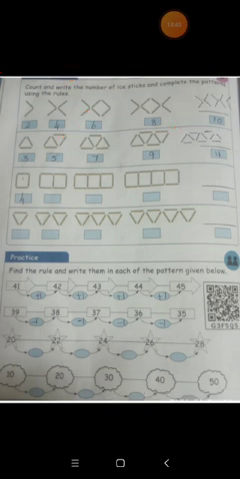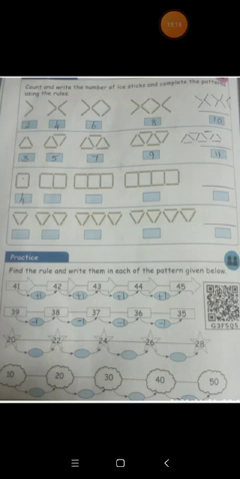So what is the second? In the second they are given 1 2 3, three ice sticks. In the next, 1 2 3 4 5, so write the number 5 in the given box below. Next 1 2 3 4 5 6 7, so totally we have 7 ice sticks here. Next 1 2 3 4 5 6 7 8 9. So in the last they are given 9 ice sticks. Write the number 9 here.